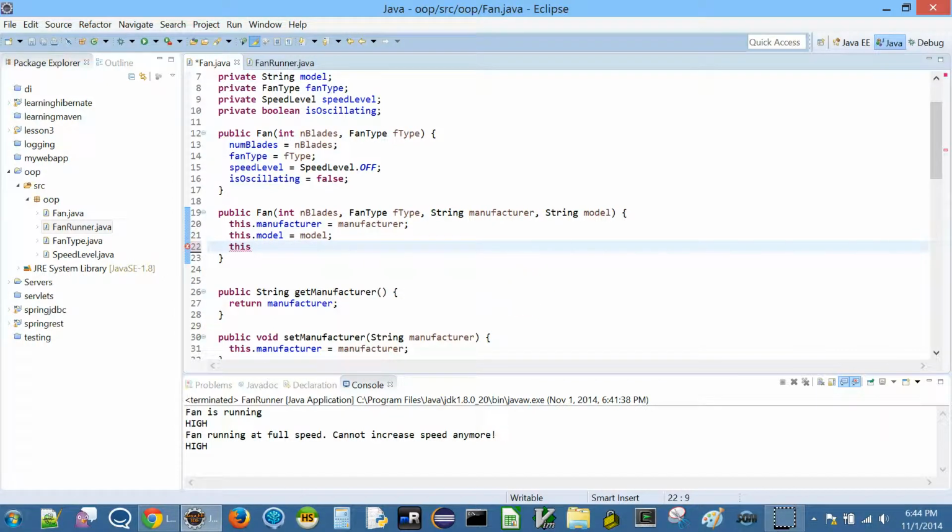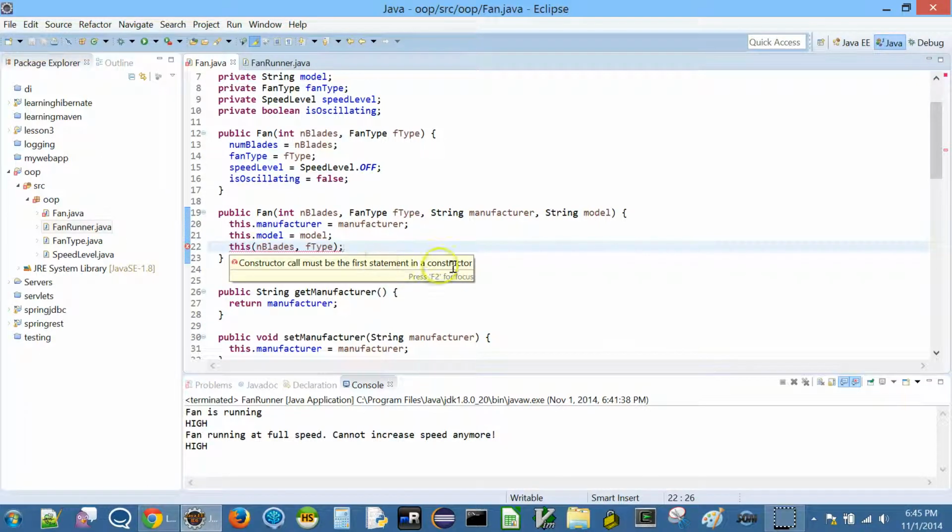Now this means constructor. If I just say this, but then we don't have an empty argument constructor, we need to specify the n blades and the fan type. Okay, now there is a problem. Let's see.